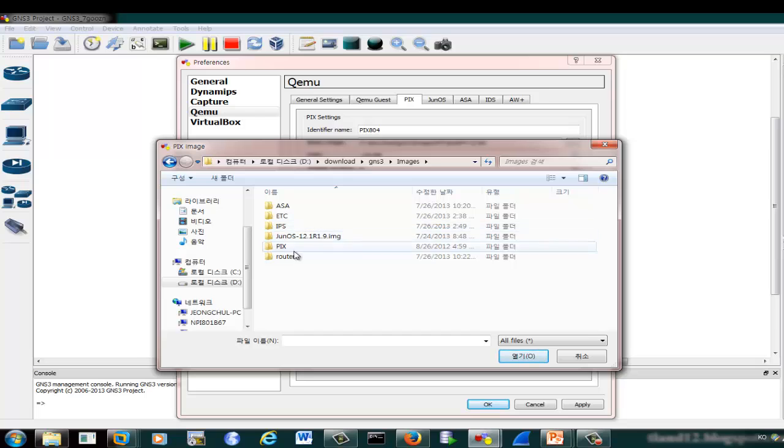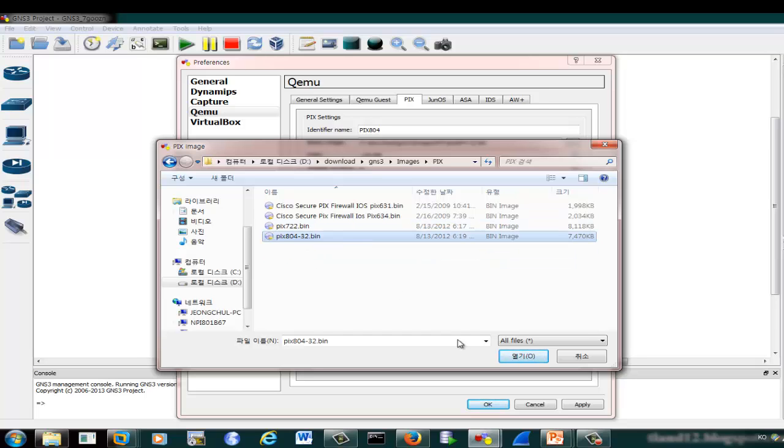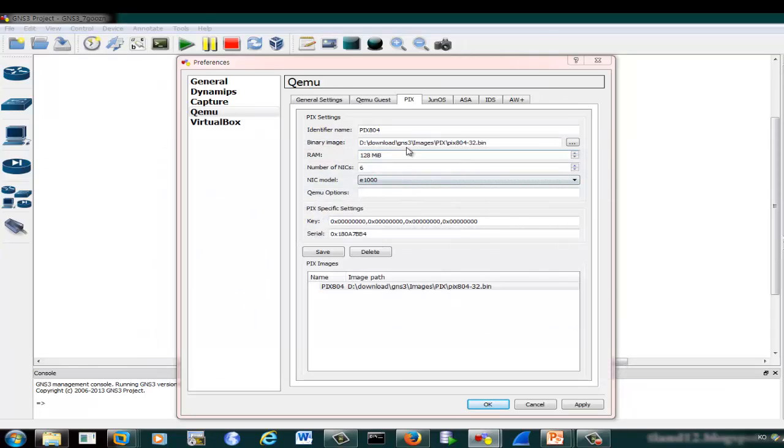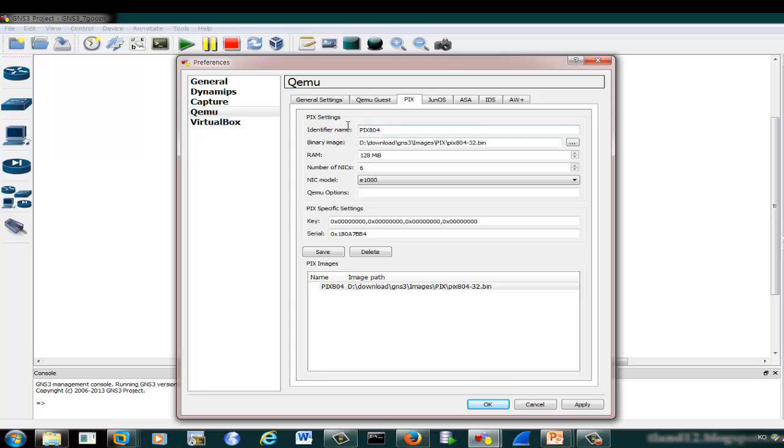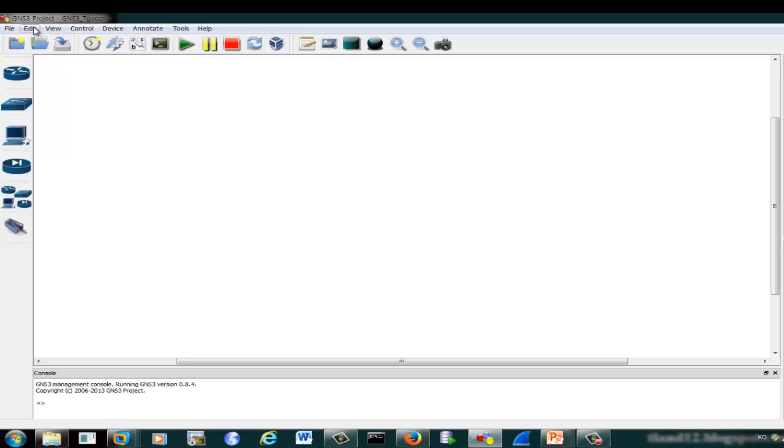So here you can see the PIX. So here only this binary image. So that's all. And here you need to write down exact identifiers. Then if you save here, you can see this kind of the binary file. Okay, and